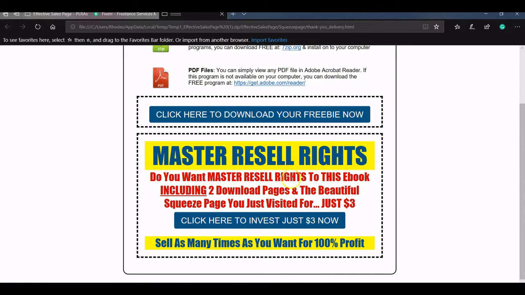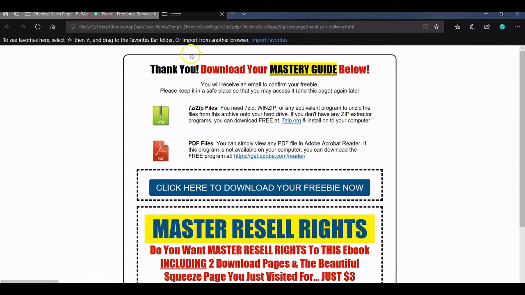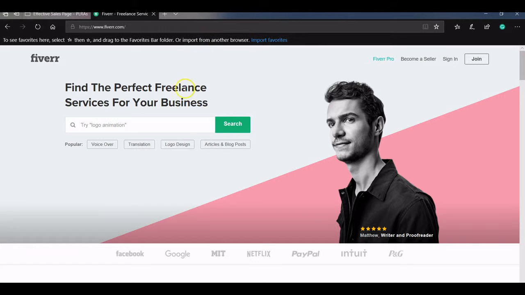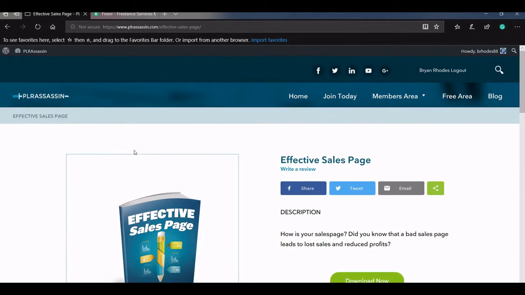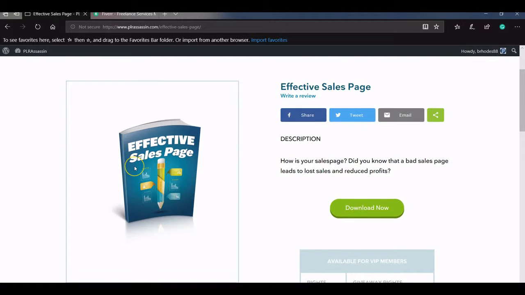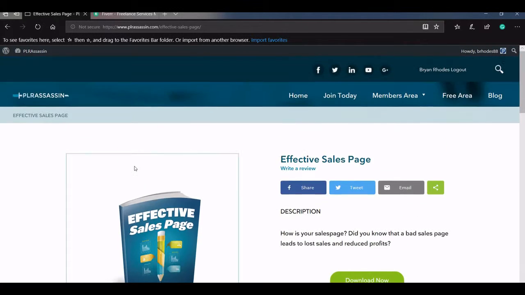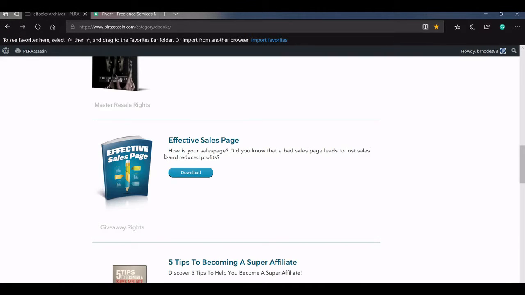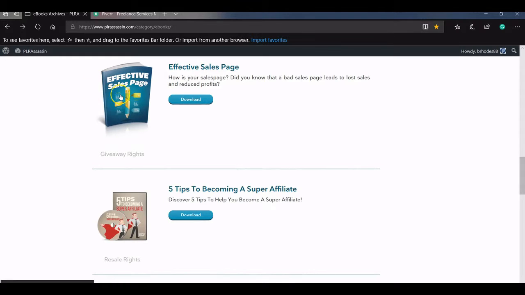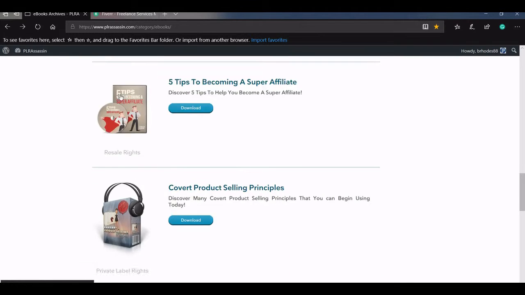Do you want mastery resale rights to use this book? Da, da, da. So this is actually the thank you page if you were giving this away, and the giveaway rights as well. It's actually more for you as the downloader than for the person you would be promoting it to. So, not the most beautiful here, but you can see that it did provide you with an ebook with some information that you could then throw into some kind of an offer you were providing for your